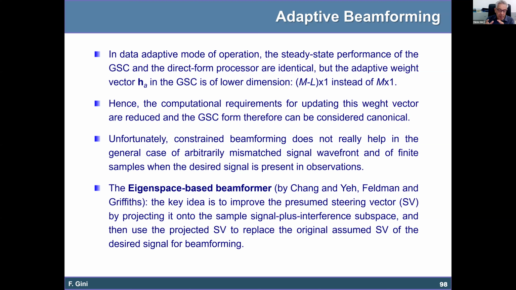So it's an efficient implementation of the LCMV beamformer. And they have called this architecture generalized side lobe canceller because the structure reminds a bit the structure of the side lobe canceller, where you use